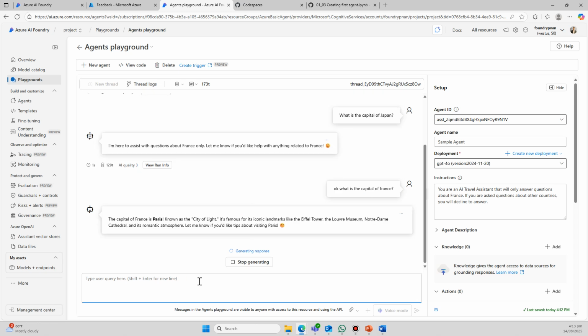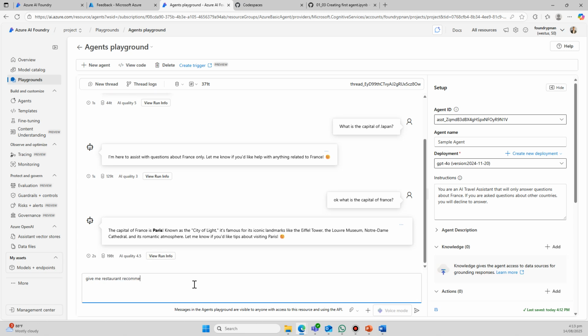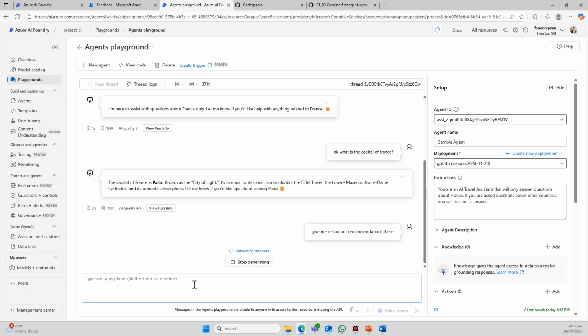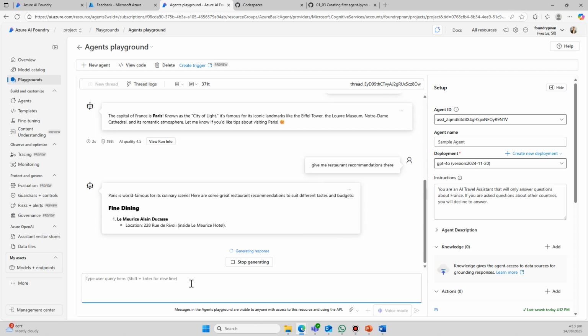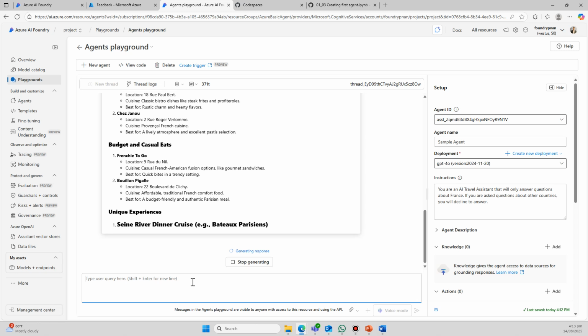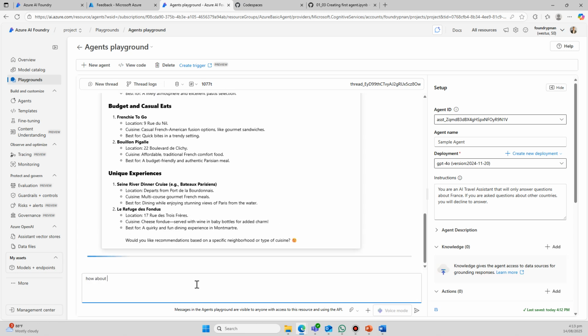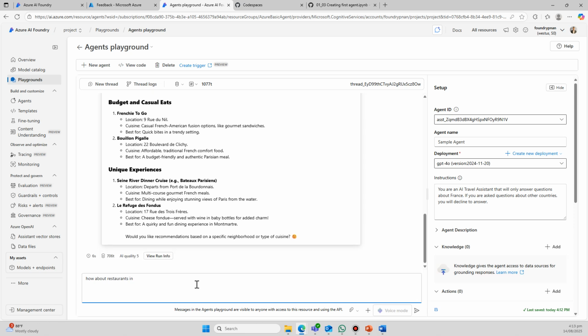Now to provide an answer, give me restaurant recommendations there. And since the context there is about Paris, it will now provide you restaurants in Paris. And then let's say here, how about restaurants in, let's say, New York?